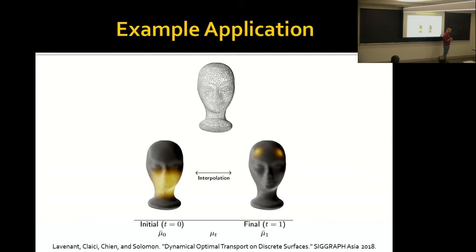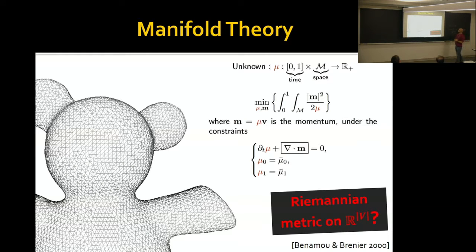And the beautiful result from Benamou and Brenier is that they showed that optimizing W2, finding the 2-Wasserstein distance, is precisely finding the animation of my gas displacing itself in 1 unit of time that minimizes this particular objective function. So here, mu is the density of the gas as a function of time. M is a vector field.